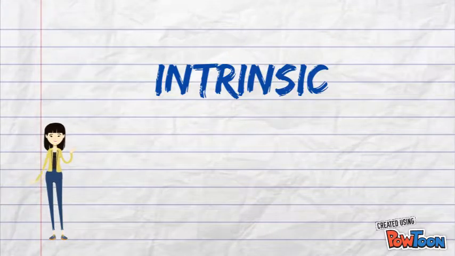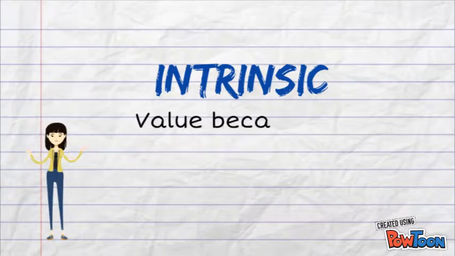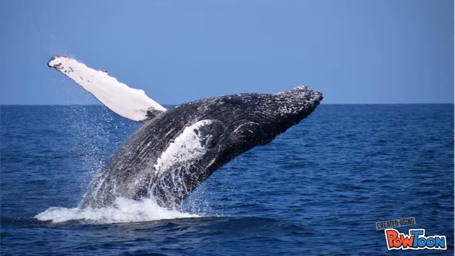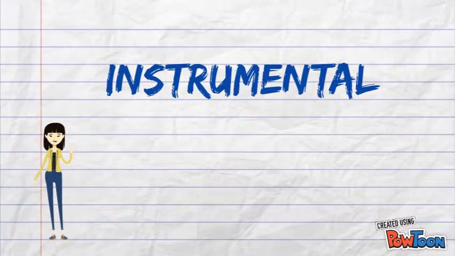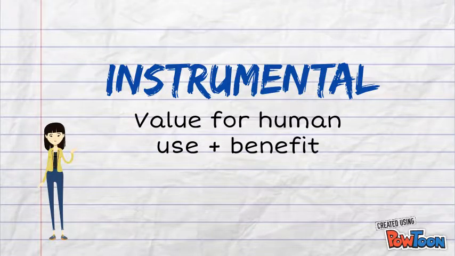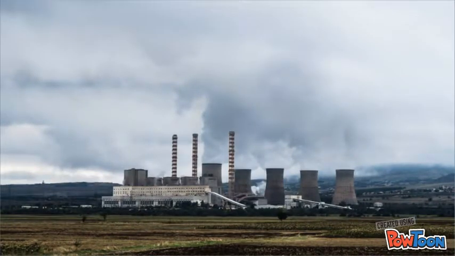First, look at intrinsic values. Intrinsic value is when people want to protect nature for nature's sake, like when people might suggest to protect whales because they have the right to live. Instrumental value is a little bit different. It's about protecting nature because it is beneficial or necessary to the human race, like trying to reduce carbon dioxide emissions, as its effects on air quality and climate change brings along direct impact on the quality of life for